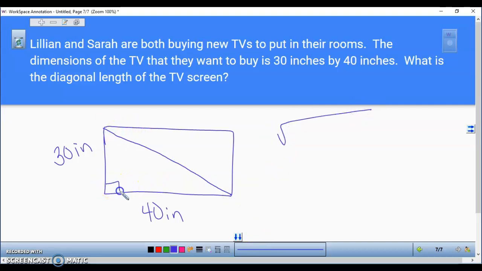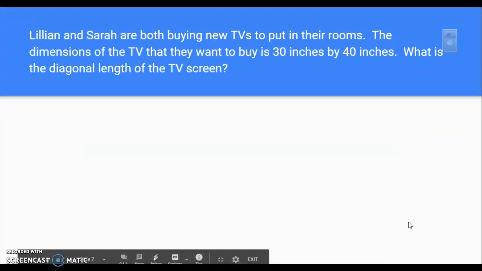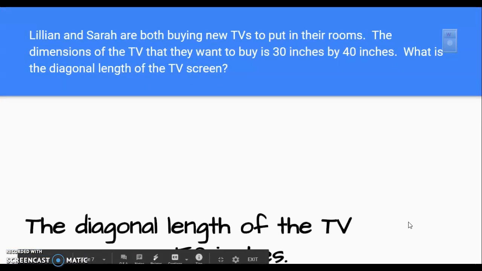That means I'm looking, once again, for my hypotenuse. I can use my shortcut. 30 squared plus 40 squared equals my C value. That means my C value would equal 50 inches. So if they were selling this TV on the box, it would say a 50-inch TV. That's how they sell it. Does it mean it's 50 inches wide? No, it means 50 inches diagonally. So the diagonal length of the TV